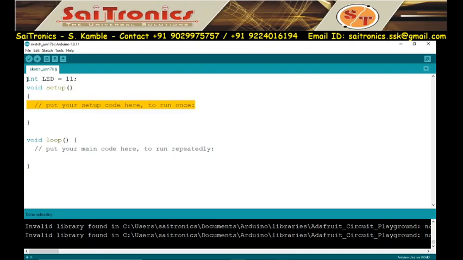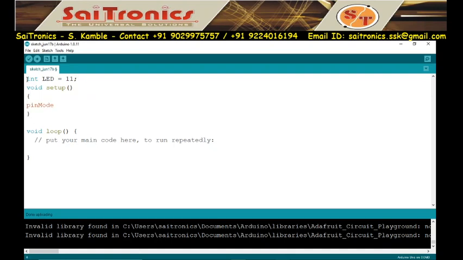In setup I have to write pinMode(LED, OUTPUT). Then in loop I have to repeat the instruction.